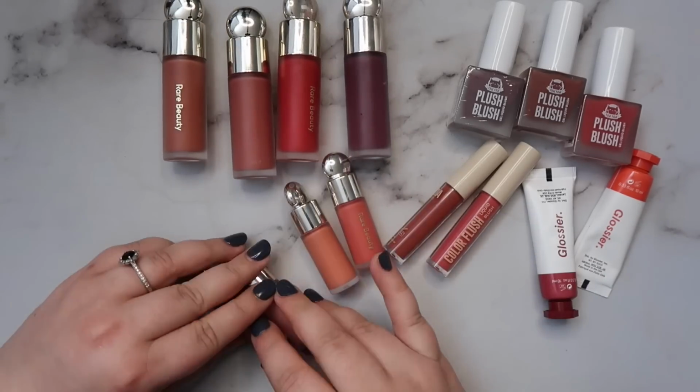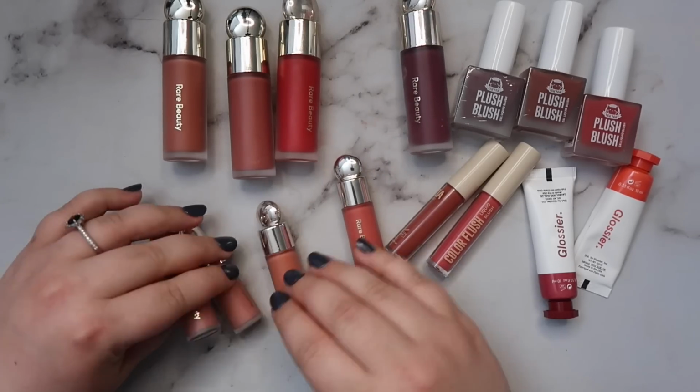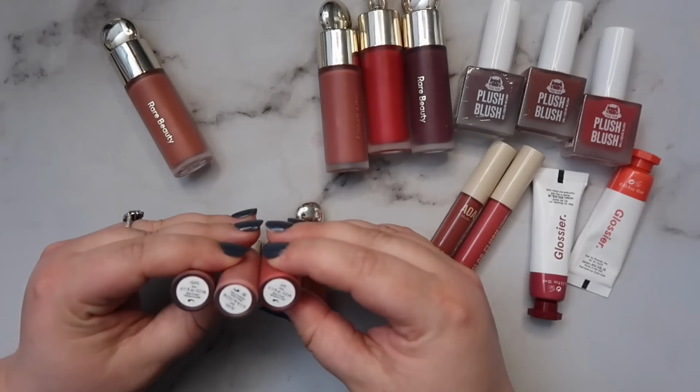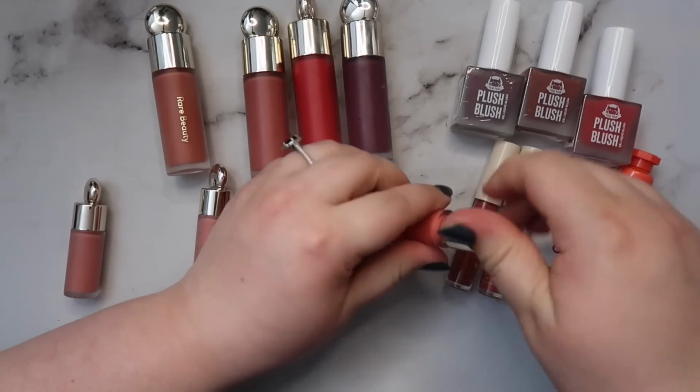So I don't think I'm going to get rid of any of these unless I've got some overlap, which I don't think I do, except there's some where I think I had a mini and then I bought a full size. No, actually, I don't think I have any overlap. Look at me being good when I shop. So let's just...